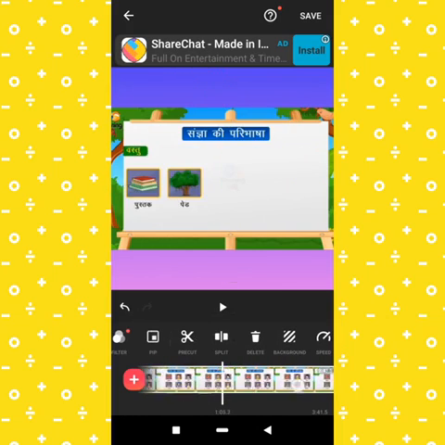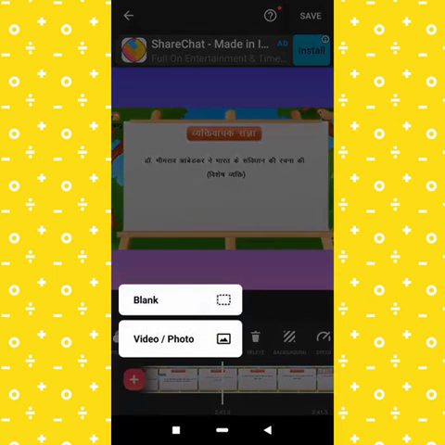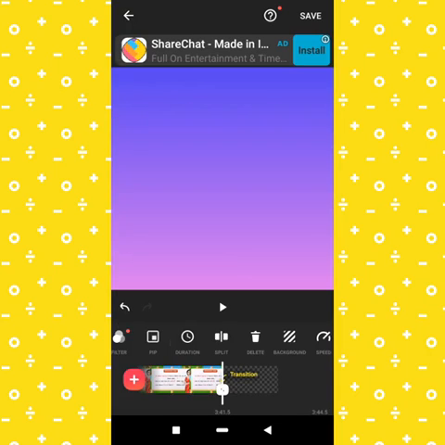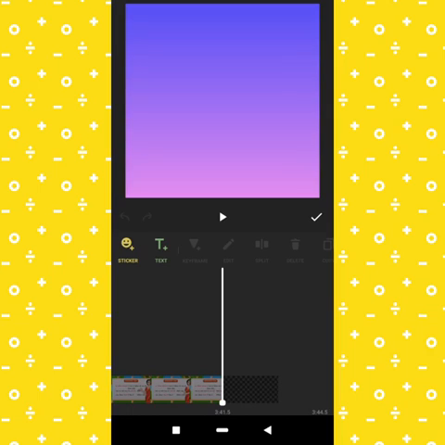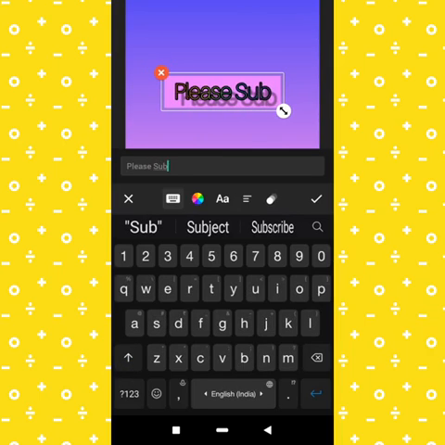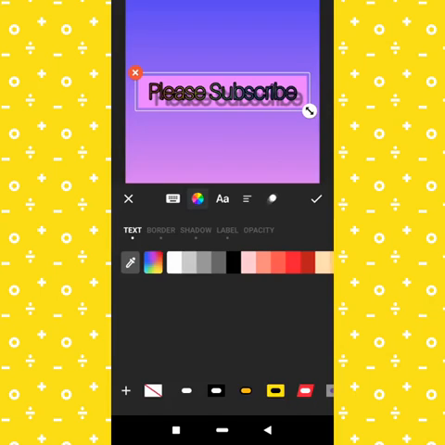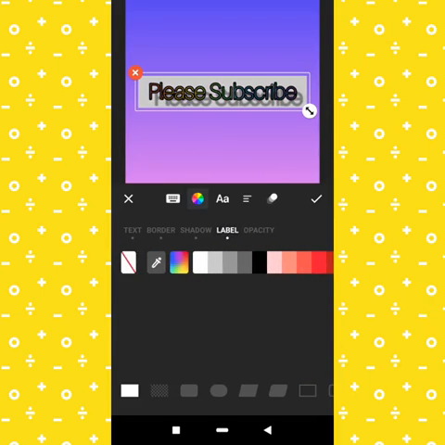If you want to add any image in it, click on the plus option. It asks whether you want to add a blank page, a video or a photo. I will choose a blank. If you want to add any text here, like hello everyone, please subscribe my channel, we can add it like that. We can also change the text color here. Now I want the label into black, blue or none. You can also remove it. And if you don't want to put the shadow like this,